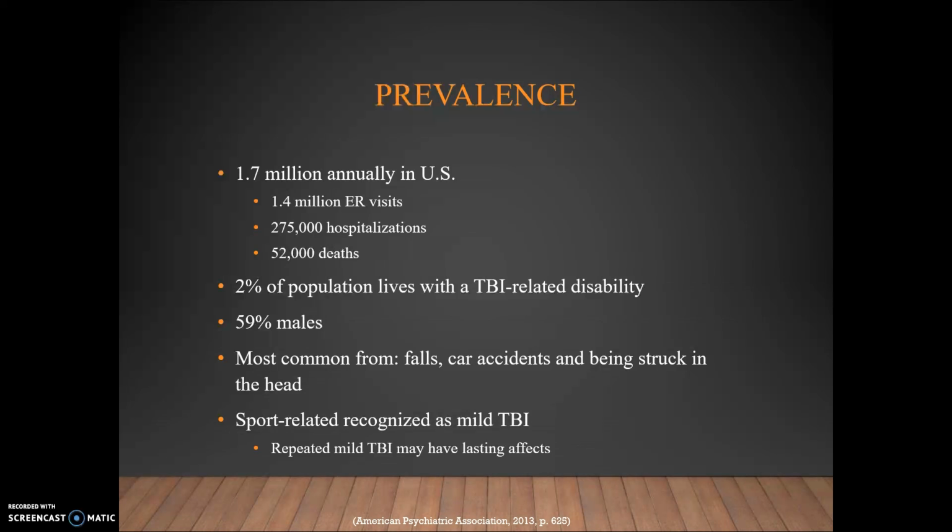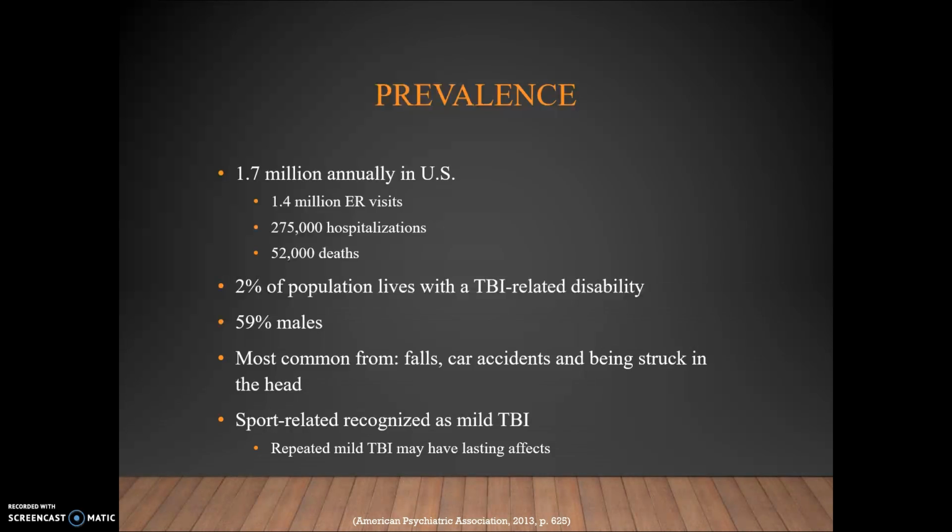In the United States, there are 1.7 million cases of this annually, and that 1.7 million cases involve 1.4 million ER visits, 275,000 hospitalizations, 52,000 deaths, which seems like a huge number of people to me,